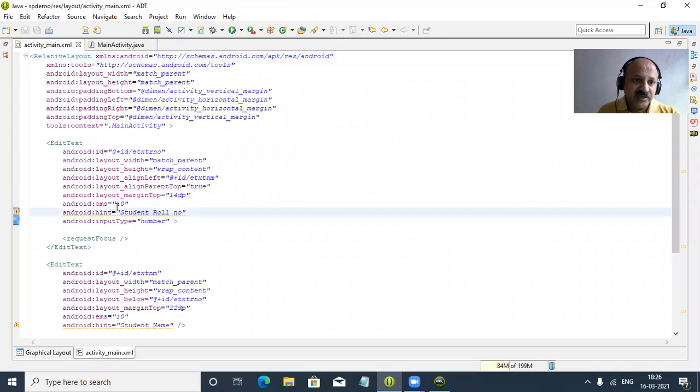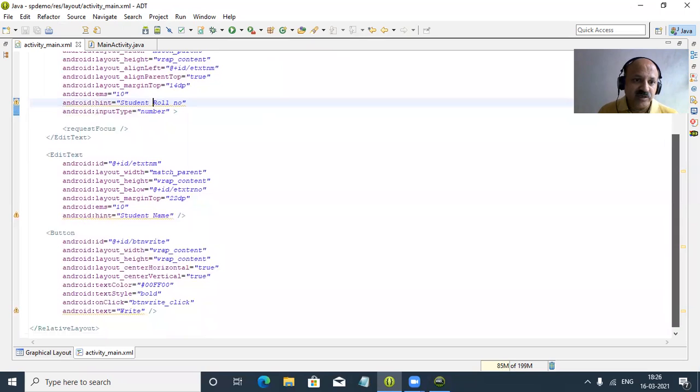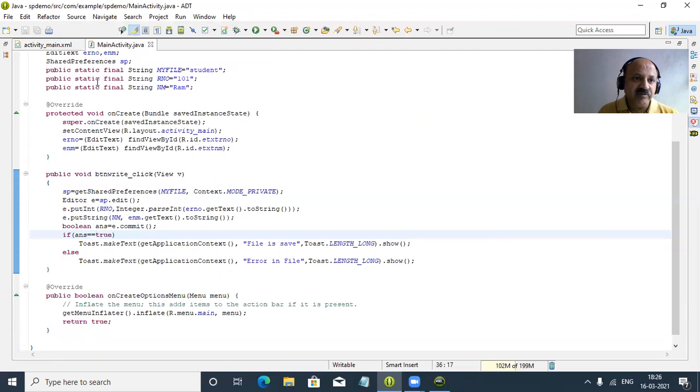So we can change that ID and provide the hint property, with match parent in both the EditText and Button. We can change the ID, and on click event, and text colors, text style, and text we have to change. And then we can go to the coding part, the Java file,